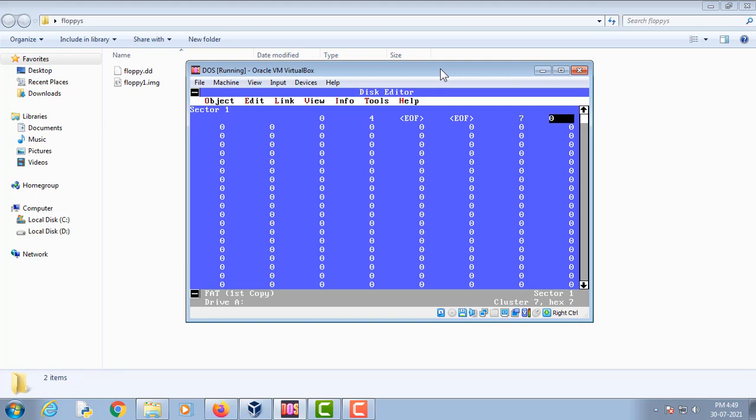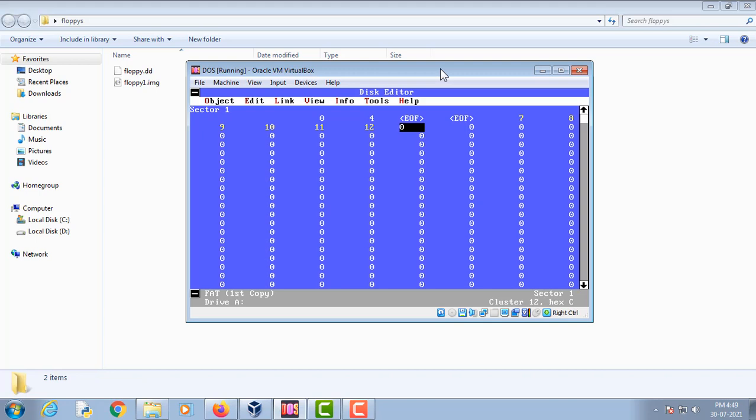Cluster number 7 will point to cluster number 8, cluster 8 will point to cluster 9, cluster 9 will point to cluster 10, cluster 10 will point to cluster 11, and cluster 11 will point to cluster 12.